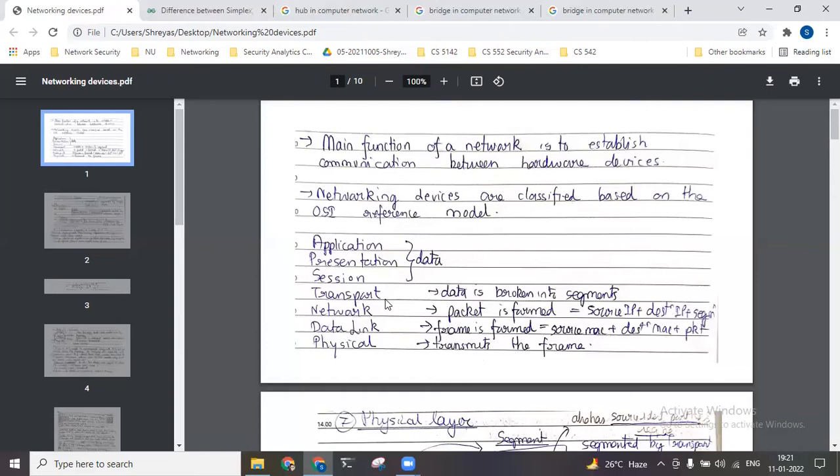Okay, now comes the data link layer after the network layer. What this data link layer does is that it takes this packet, which has the source IP, the destination IP, and the individual data segment, and it prefixes the source and the destination MAC addresses. And this combination of the source MAC, the destination MAC, followed by the packet, and also some frame check sequence bits and all those kind of things, all this together forms a single frame, and the physical layer is responsible for simply transmitting this frame. Okay, so this is a very brief idea about how this OSI reference model works.